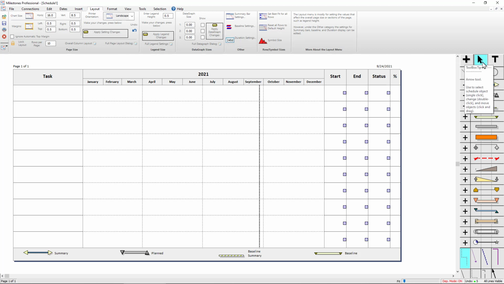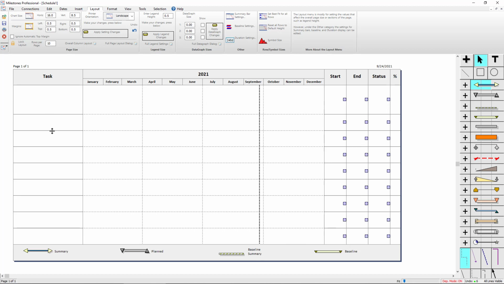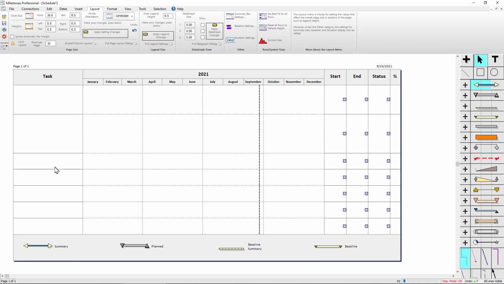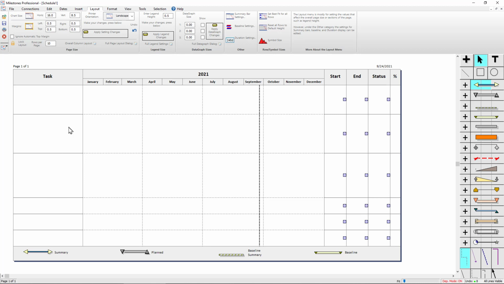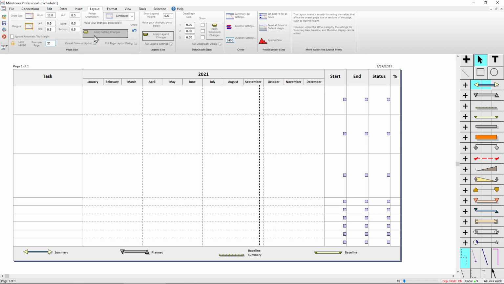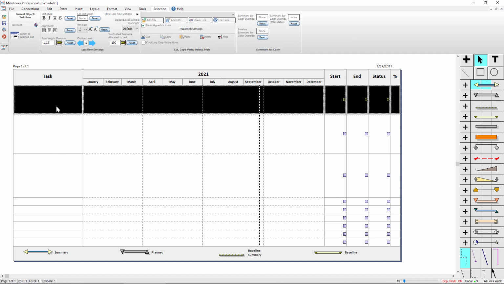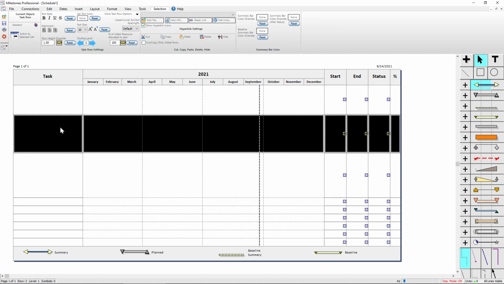So if I use my arrow tool here on the toolbox, I can come over to a column, and within a cell you can just click and drag that cell down, and you're actually resizing the rows. This is an individual override just for these rows that I am clicking and dragging. So in the Layout tab, if I do change the rows per page, for instance, to 20 and apply setting changes, you can see these rows stayed at that override size. If I click on the row, you can see that row height override right there,